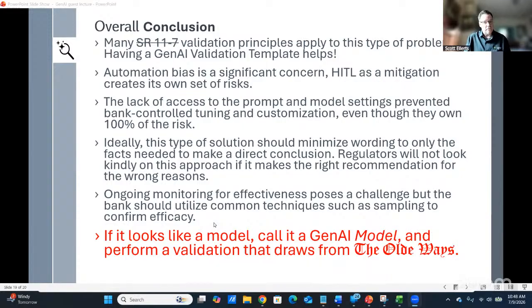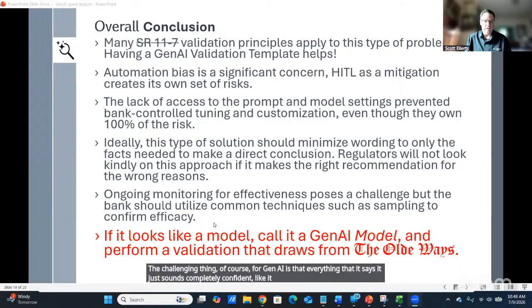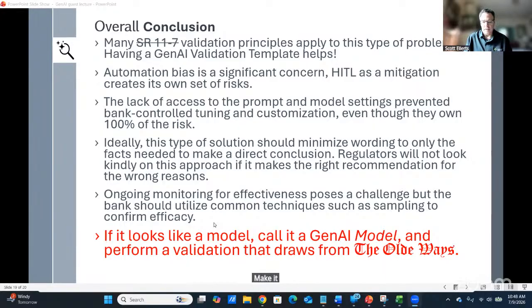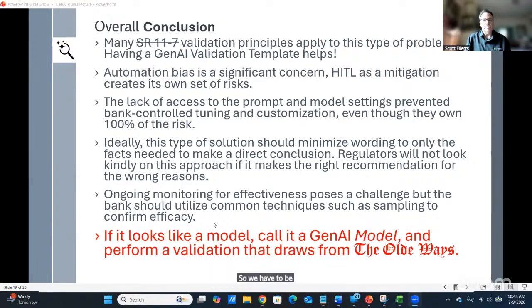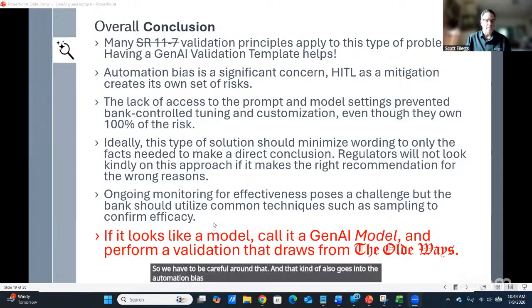The challenging thing, of course, with GenAI is that everything that it says just sounds completely confident, like it's giving a lecture at Oxford University. It's going to make it difficult to spot those clear inaccuracies and hallucinations, because if you just read it without thinking, it looks right. So we have to be careful around that. And that kind of also goes into the automation bias problem.